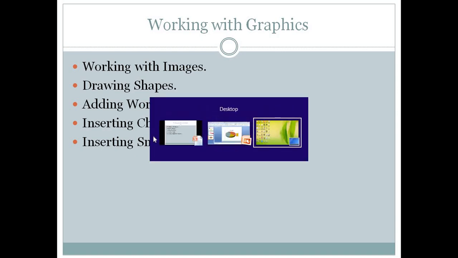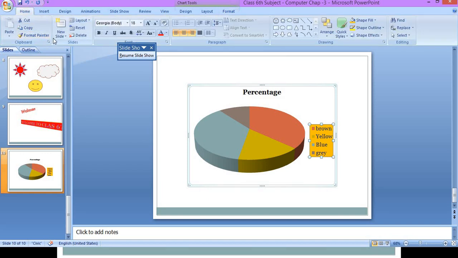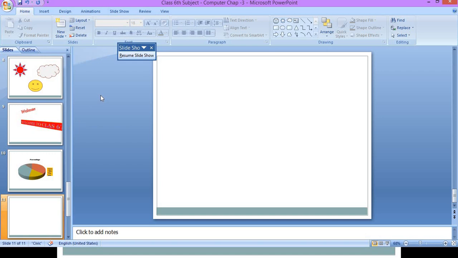So we will go to a slide in PowerPoint. I will go to the Home tab, and first of all, for inserting SmartArt, I will take a new slide. That one is a blank slide. After taking a blank slide, now I want to take a SmartArt. So what is SmartArt used for? SmartArt in PowerPoint allows us to add many useful graphics in a presentation.